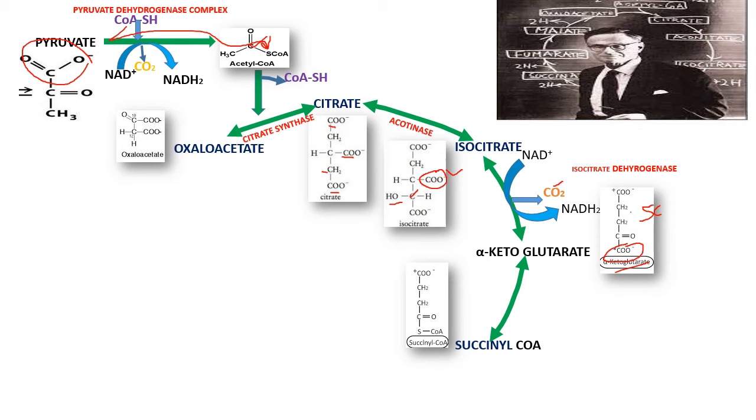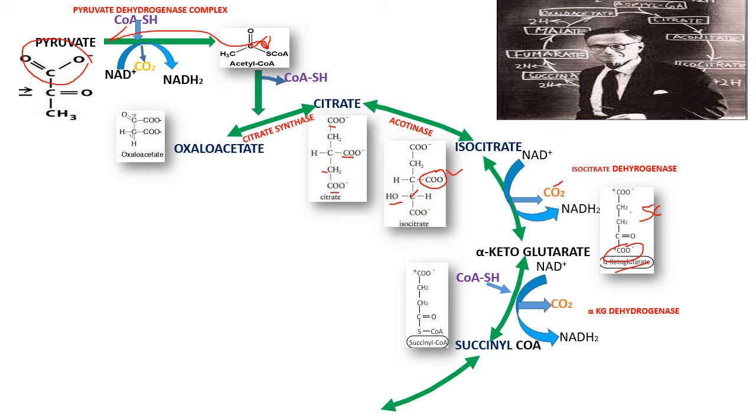This is the structure of succinyl-CoA. Here CoA is added, but the release of carbon dioxide takes place. This reaction is catalyzed by the alpha ketoglutarate dehydrogenase enzyme. In this reaction, CoA is added, NAD+ is converted to NADH, and one carbon dioxide molecule is produced. In further reactions, the 2 carbons added by the acetyl-CoA